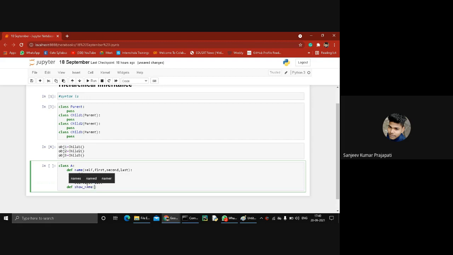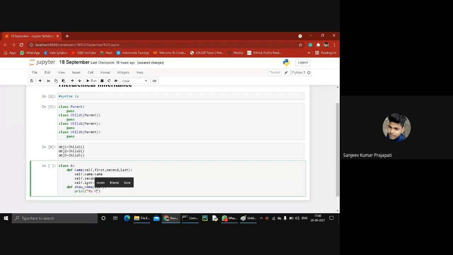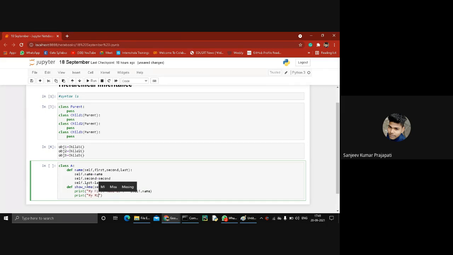So now I want to create another function, show name. It contains only one argument, and it prints: my first name is self dot name. And next, my middle name is self dot second.